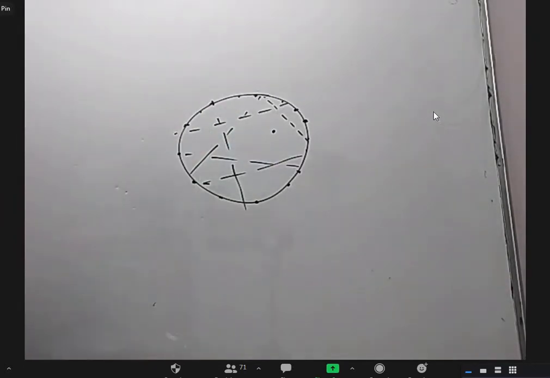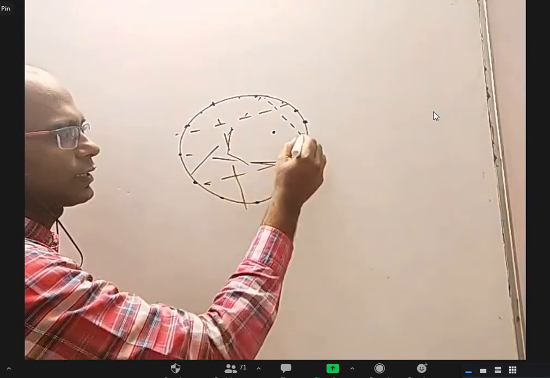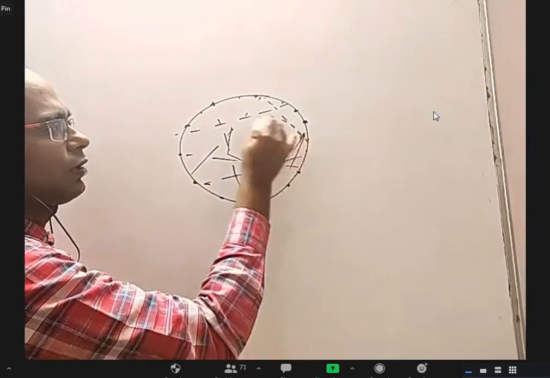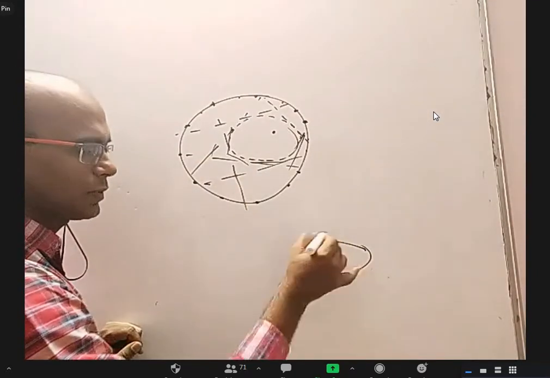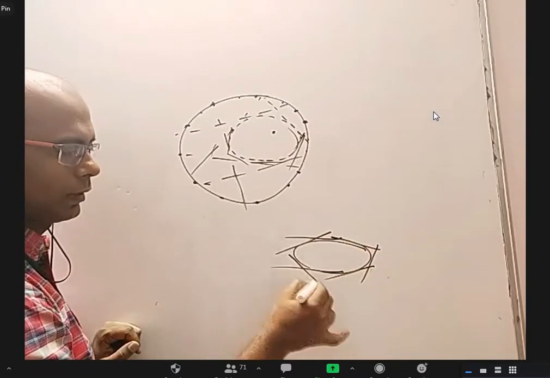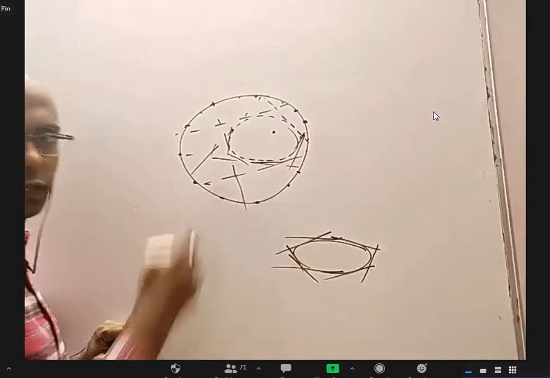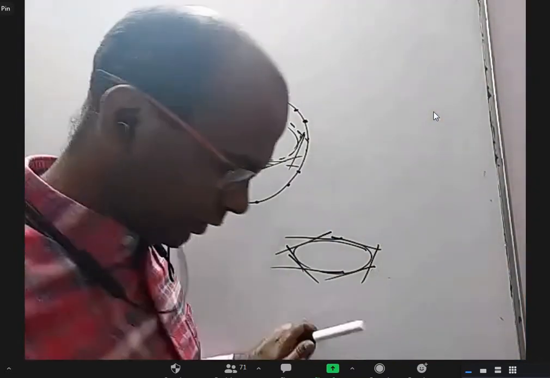You'll get creases. If you carefully observe, the more creases that you get, they all will be trying to touch one ellipse. Instead of seeing an ellipse directly, you will see a lot of creases, lines like this. And if you see carefully, they are enclosing a curve. So why are we getting an ellipse there? We'll discuss that.